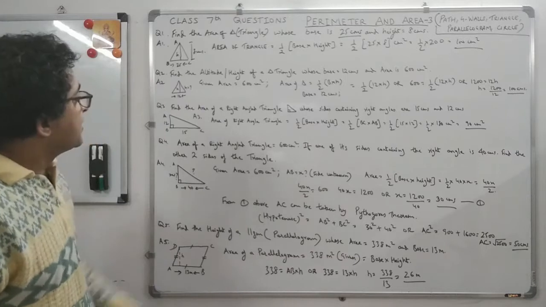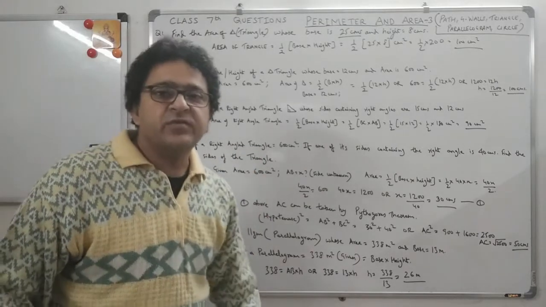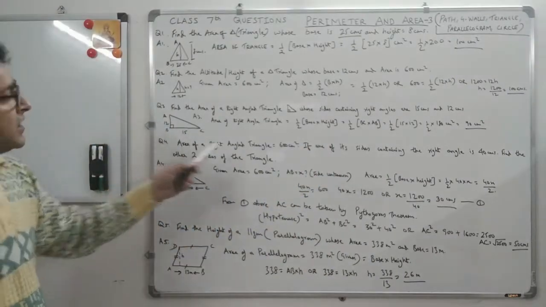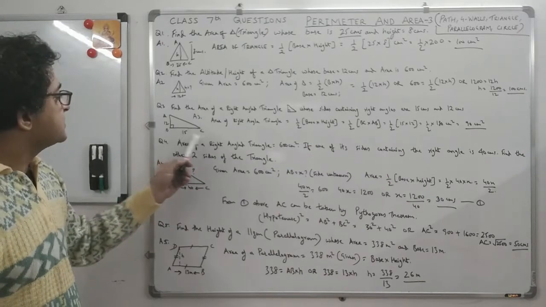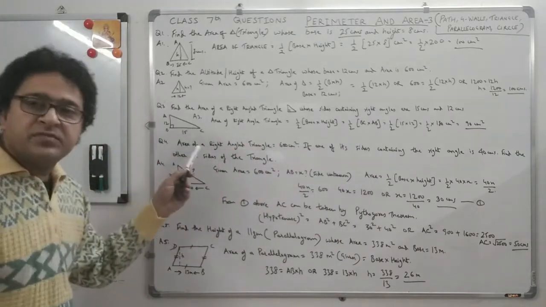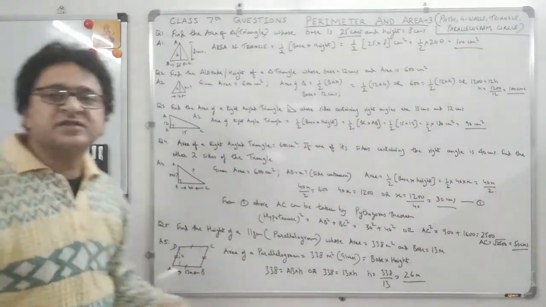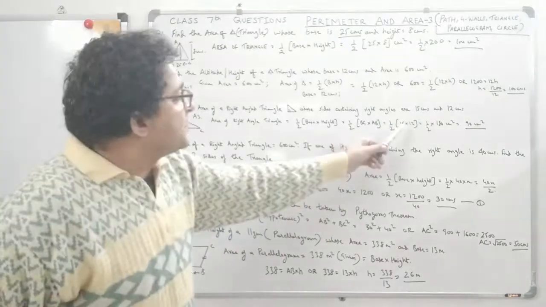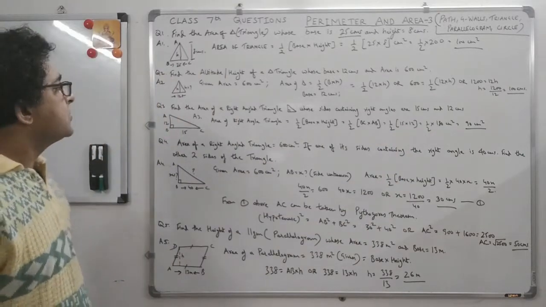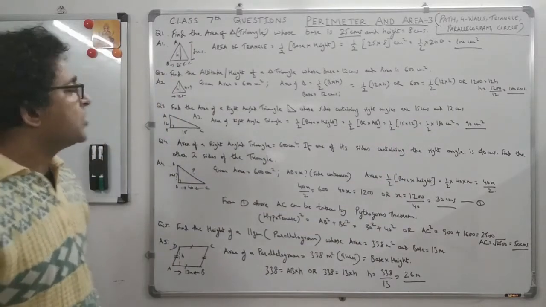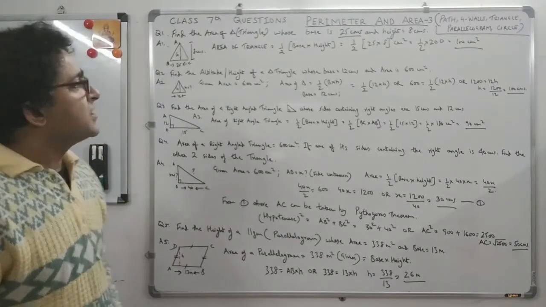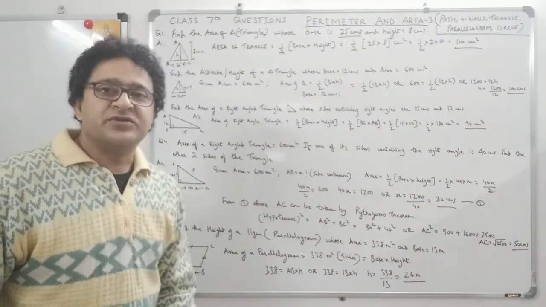So now, area of a right angle triangle is the same, half base into height, because that's the area of a triangle, that doesn't change. Which means half into BC into AB, and BC is 15 and AB is 12 centimeters. So you should always make a diagram on the left or right hand side, and then it becomes easy for you, right? So 15 into 12 is 180, and half into 180 is 90. So 90 centimeters square is your area. They ask you the area of a right angle triangle. Okay. So I hope till here it is clear to you, students. And so now we proceed further.